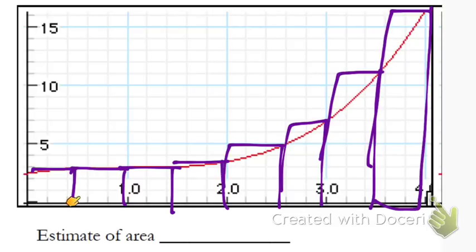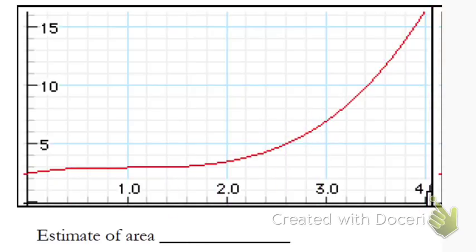The rectangles I've drawn are called right-hand rectangles because notice that I always drew them from the right-hand side. So like this rectangle, I drew from the height of the function out to the right and then down. From here, I drew it from the height of the function out to the right and down. From here to the right, down. I can also do left rectangles. So if I go from the height of the function to the left, like this,